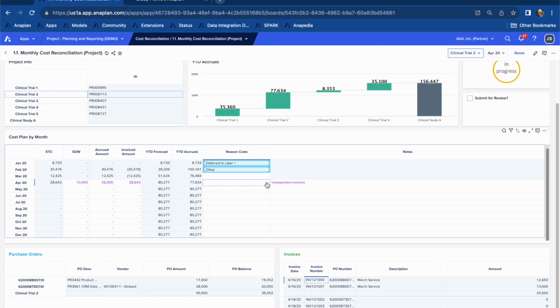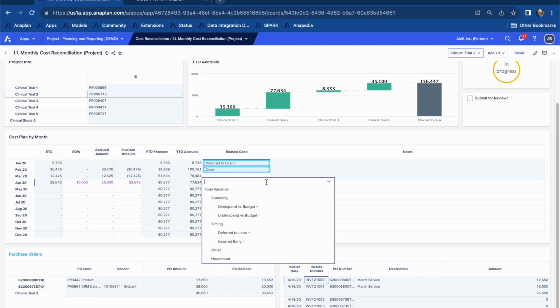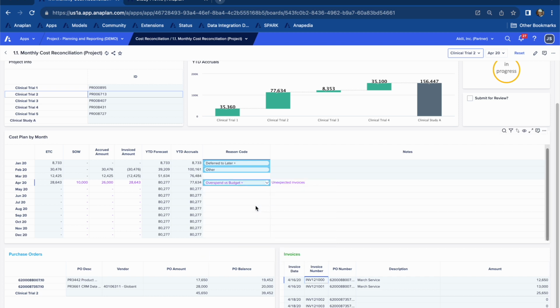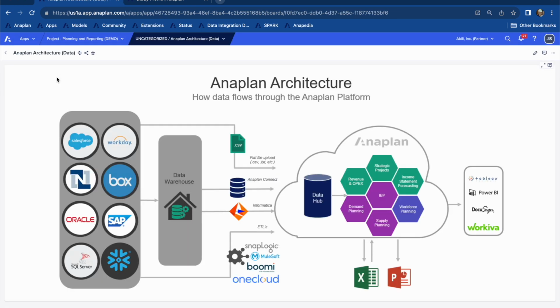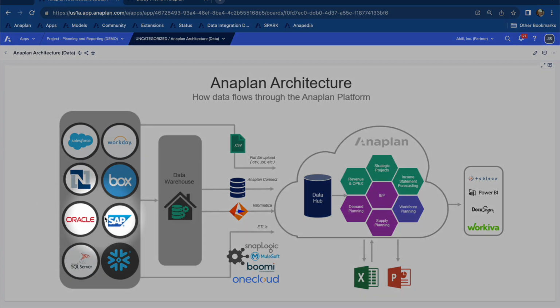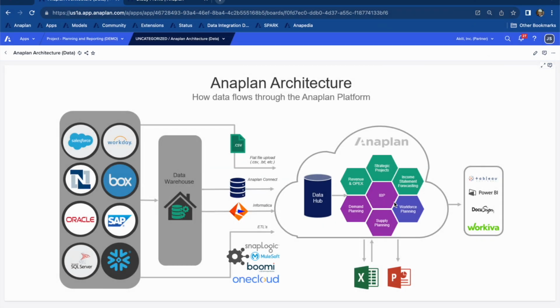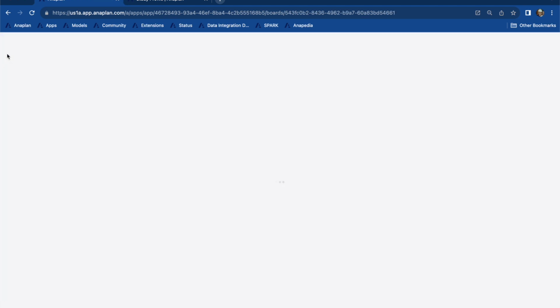Additionally, you can also start to model around or tag each of these variances. So as we think about compiling and understanding what may be happening from a month-to-month perspective, we can track these via different codes. Anaplan is data agnostic. And what that allows us to do is integrate information from different ERPs, data warehouse, or flat files into the Anaplan Data Hub. From there, it allows us to report, plan, or share that information across different BI solutions as